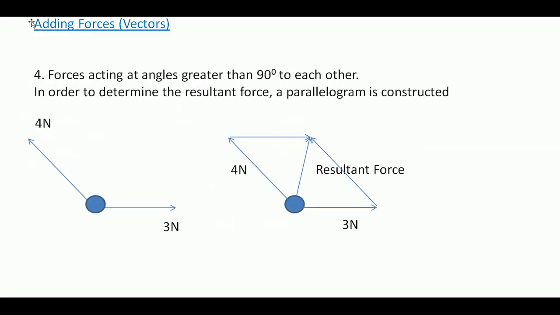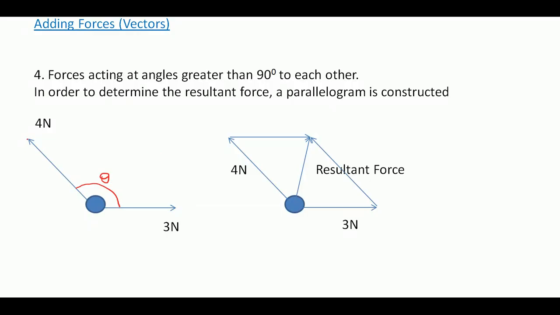Now suppose we have forces acting at angles greater than 90 degrees to each other. In order to determine the resultant force, we need to construct a parallelogram. So we have a 4 Newton force and a 3 Newton force, and it's acting at some angle theta which is greater than 90 degrees. So in order to